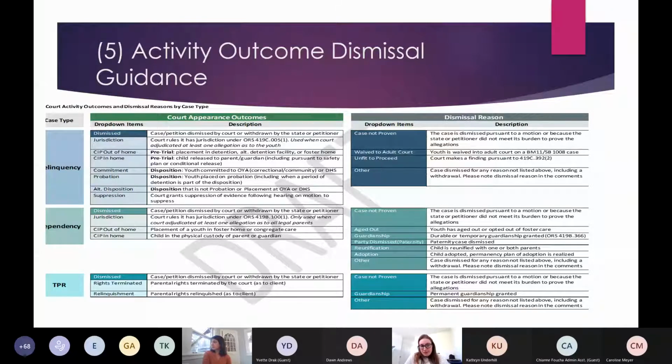That's really specific to delinquency, so you wouldn't use that in the other case types. It's just found under the delinquency section. We tried to list out everything in clear, concise ways that are also distinct from all the other options so that there's not going to be overlap between 2 of the drop-down menu items, so you won't have to spend time thinking about which one to choose. It should be pretty straightforward. And so that is the end of